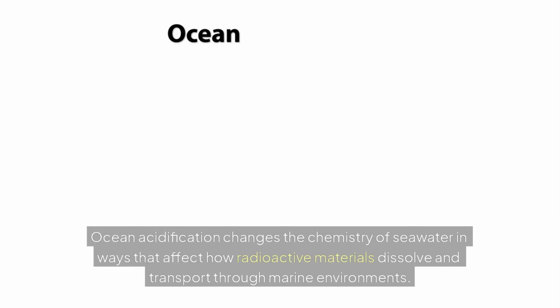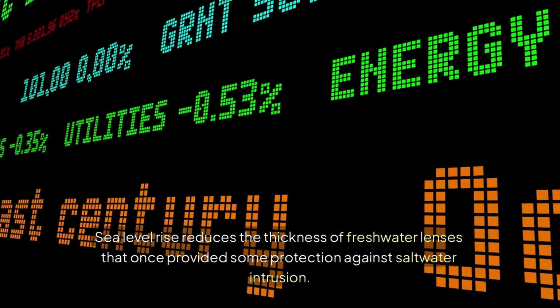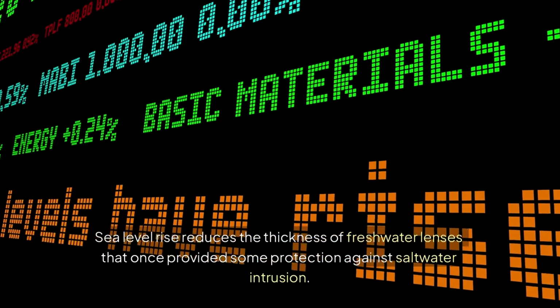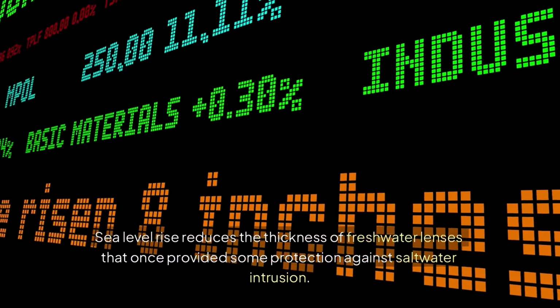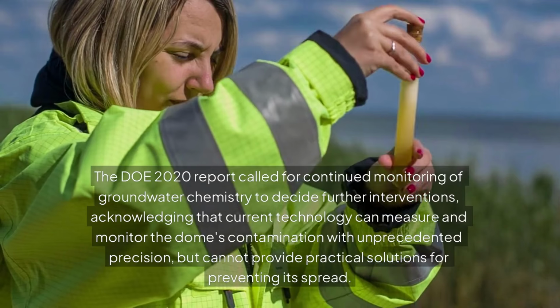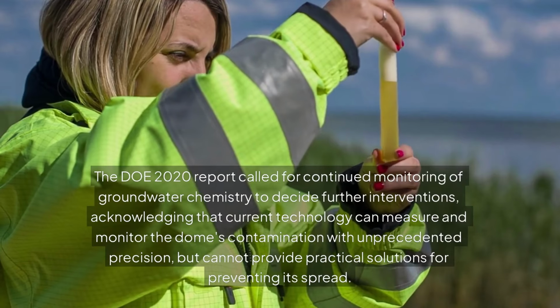Ocean acidification changes the chemistry of seawater in ways that affect how radioactive materials dissolve and transport through marine environments. Sea level rise reduces the thickness of freshwater lenses that once provided some protection against saltwater intrusion. The DOE 2020 report called for continued monitoring of groundwater chemistry to decide further interventions, acknowledging that current technology can